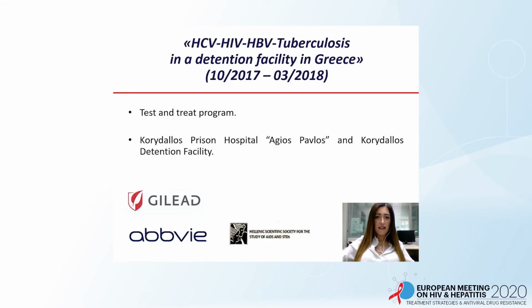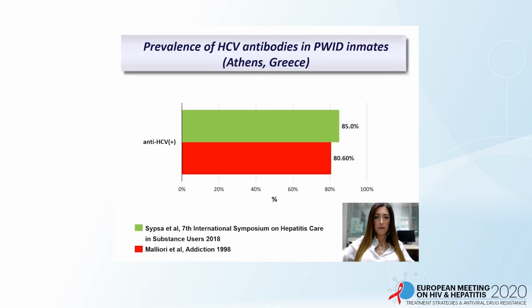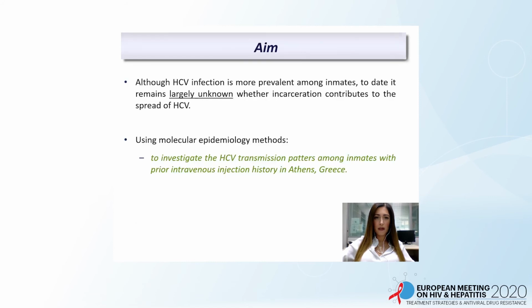Recently, a test and treat program for viral hepatitis, HIV and tuberculosis took place in a detention facility in Athens. In the context of this program, the prevalence of HCV antibodies in inmates in Athens was estimated at 85%. Although HCV infection is more prevalent among inmates, to date it remains largely unknown whether incarceration contributes to the spread